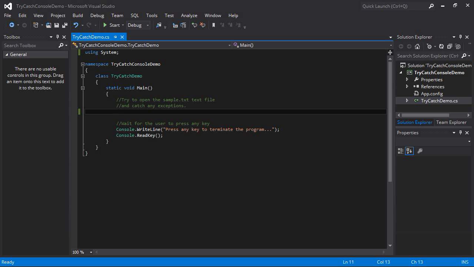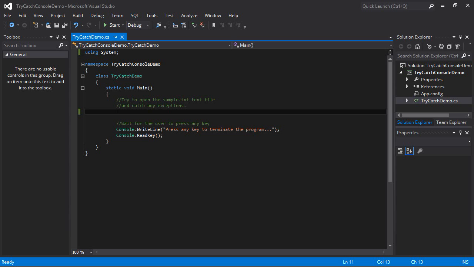Now, these are not syntax errors. We cannot catch exceptions of syntax errors. Those are errors that the programmer did. The programmer typed in a statement incorrectly, forgot to put a semicolon at the end of the line, forgot to put in the right number of arguments. Those are syntax errors, cannot be handled with